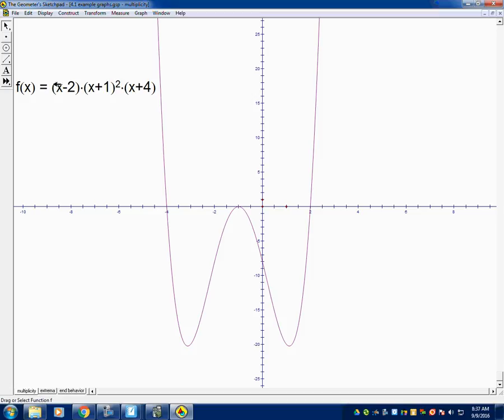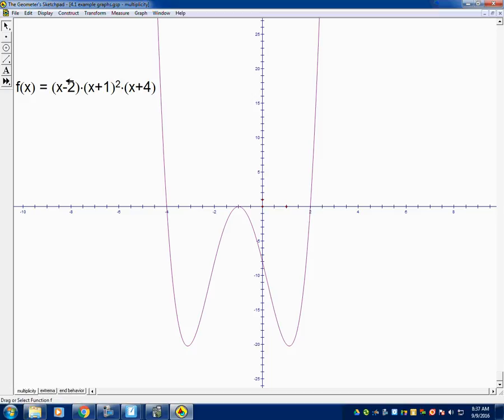What is the multiplicity of this factor x minus 2? Is it odd or even? The power on this factor is 1. So since 1 is an odd number, this has a multiplicity that is odd. So that means if you find the 0 that goes with the x minus 2, it's right over here. See the arrow here? So right over here, at x equals 2, notice that the graph of the polynomial function goes through